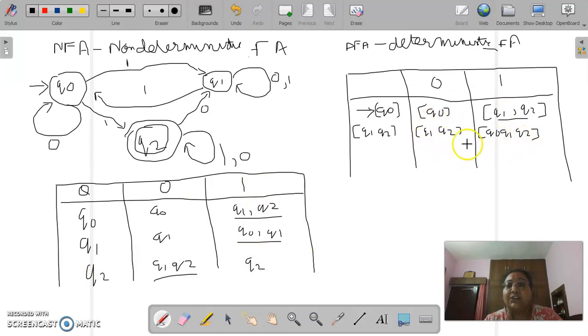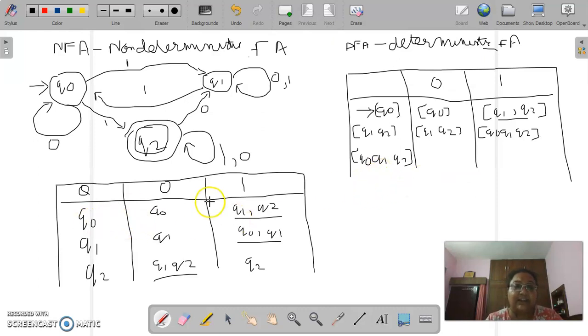Now what are the new states which are getting generated? Q1, Q2 is repeated here. This is a new state, Q0, Q1, Q2, so we will now make entries for this new state. For an input of 0, we will evaluate for each of these states separately and combine them into one composite state.